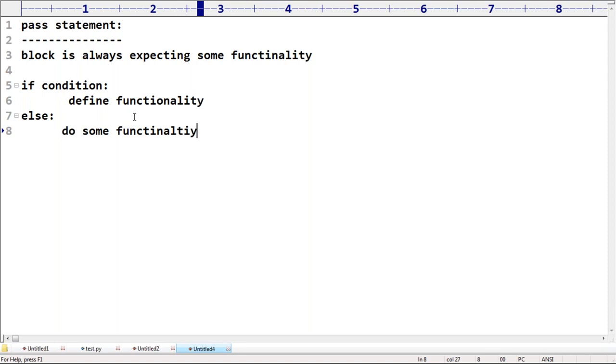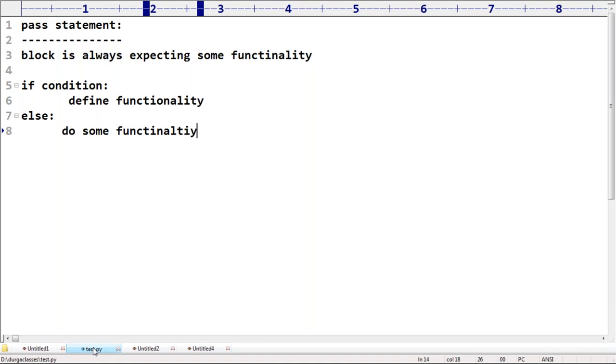How can you do that? By using the pass keyword. Pass itself is nothing but an empty block. I'm not doing anything. Remember this, empty block. In such cases, happily we can go for pass.